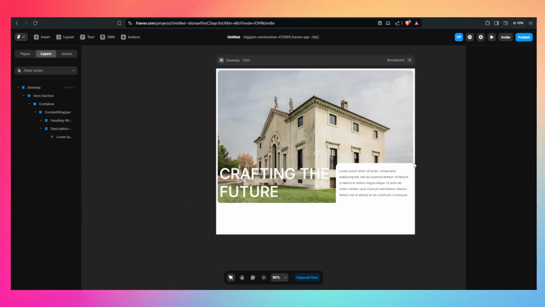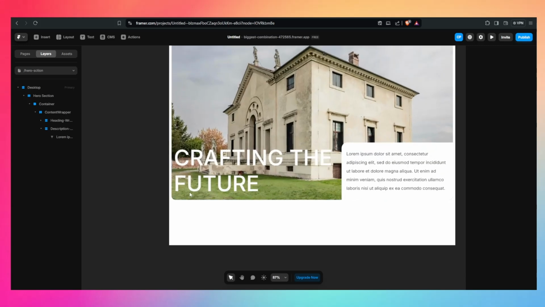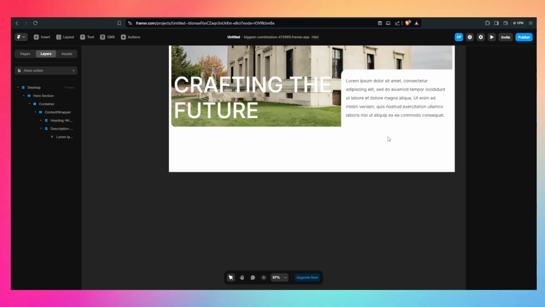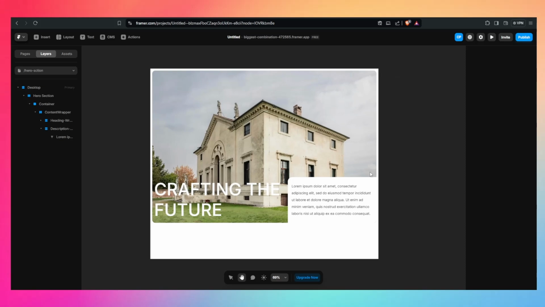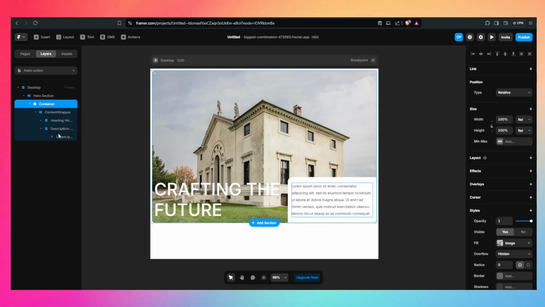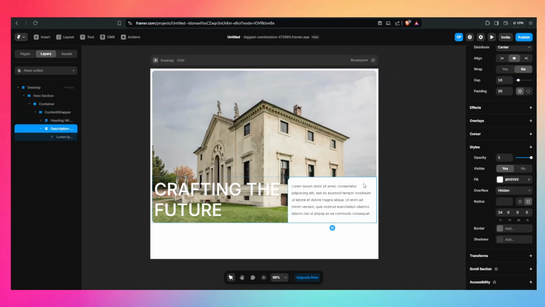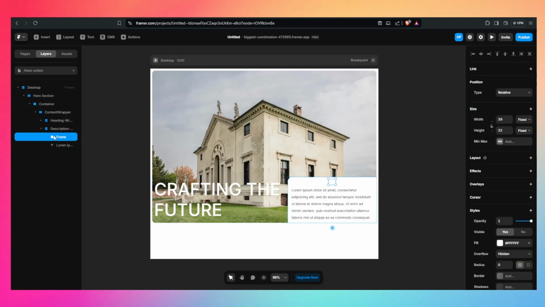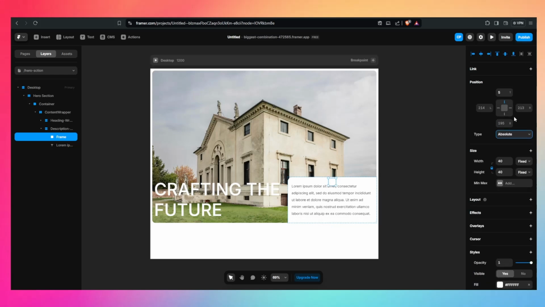Next we have to do the inverted corner radius for this part and this part. Except this, everything looks nice. Let's see those things in action. I'm gonna head to the description frame and press F, then drag and drop it across the screen. You can see a frame right here. I'm gonna change the width and height to 40 and then pin it up, and I'm gonna set the position type to absolute from relative, and then name it top left